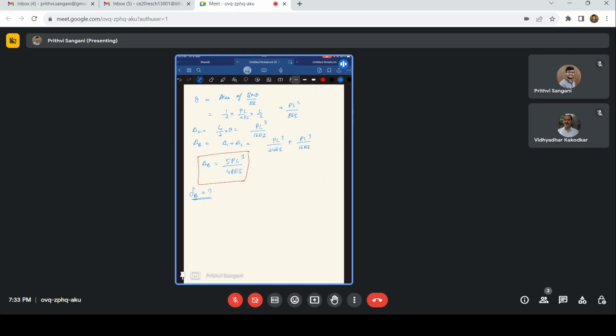So what is the support at C? Is it a roller or something else? It is a fixed beam with a roller. So you can have a degree of freedom